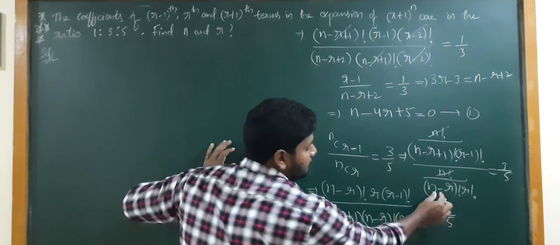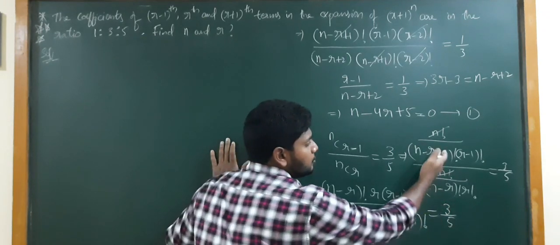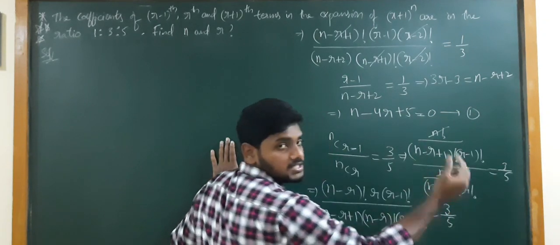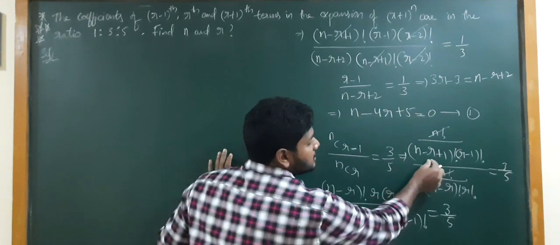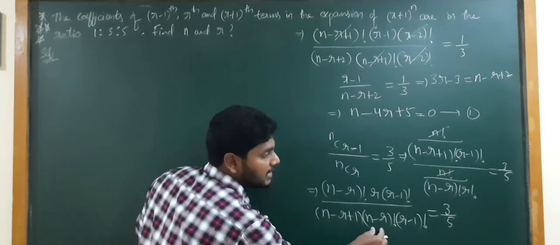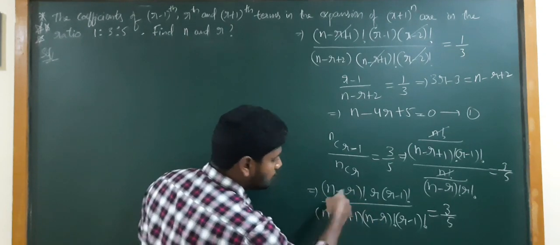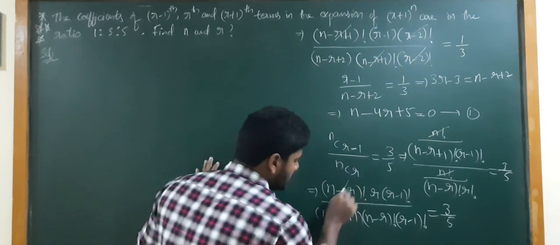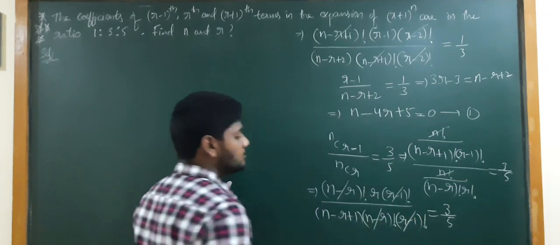If you observe here, if we decrease n minus r factorial, it will be n minus r minus 1 factorial, but nothing is there to cancel. But if we decrease r factorial, it becomes r into r minus 1 factorial, and this r minus 1 factorial will be cancelled. Again in n minus r plus 1 factorial, if we decrease, n minus r plus 1 into n minus r factorial will come. So we can solve these two. That's why we only decrease the required terms in these factorials. So n minus r factorial, n minus r factorial cancel; r minus 1 factorial, r minus 1 factorial cancel.